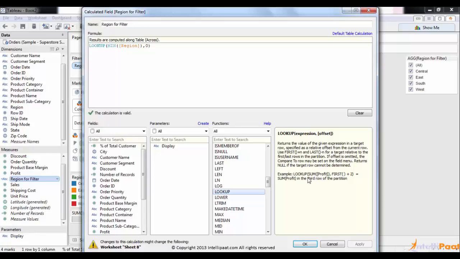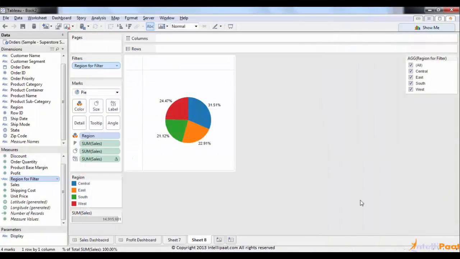It takes that, finds that particular value in that position, and then gives us the value. In this case, it gives us the same value as is available in the region dimension. But what happens is when we use this in the filter,